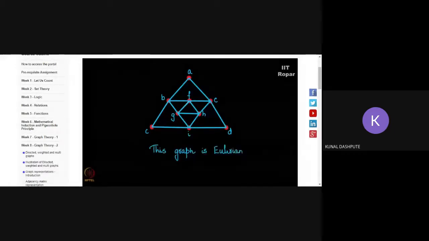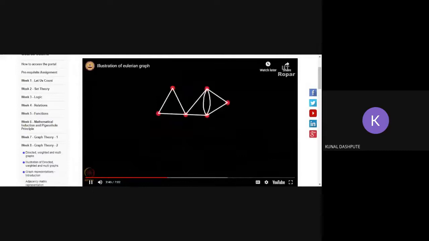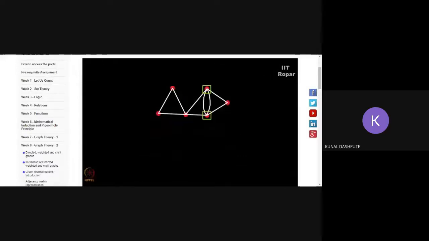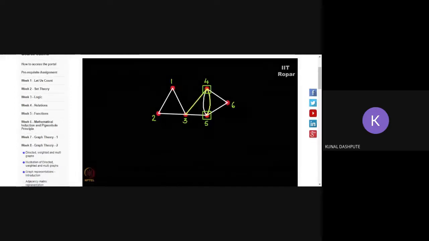Consider this graph. Do you see that this is a multi-graph? We have two edges for these two nodes. Now I'll label them as 1, 2, 3, 4, 5 and 6. I start from, let me say 3, 3 to 4, 4 to 5.